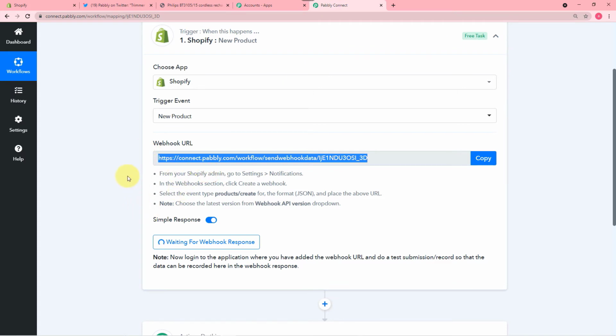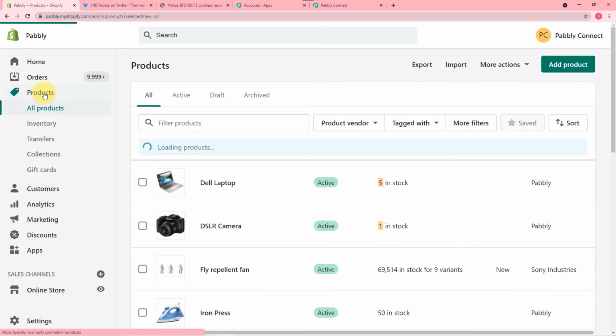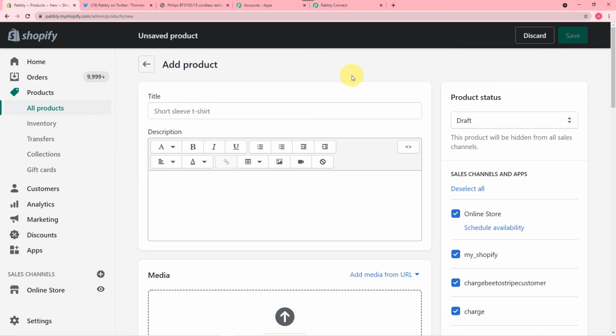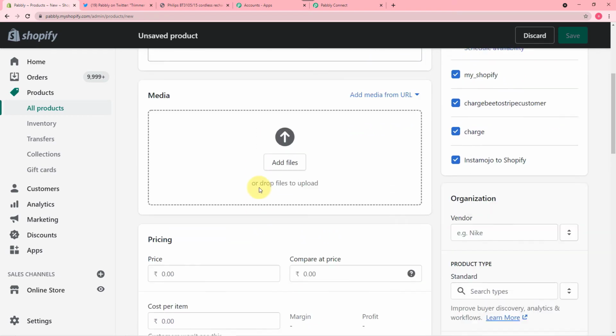So let's add a new product in our Shopify store. So I'm going to my Shopify account, and here I'm going to click on this products option. And from here, I'm going to click on add product. Alright, so now here you can see, here we are going to give the title of the product, the description, the photo, and all those things that need to be filled here.